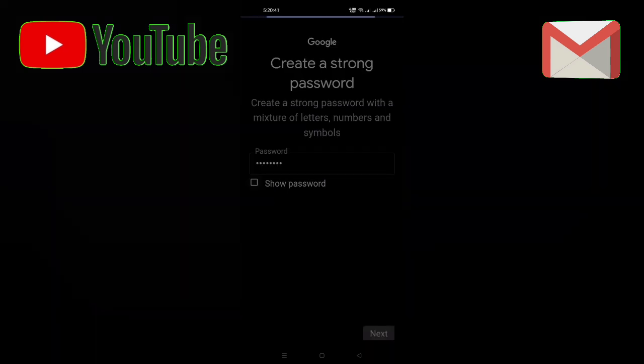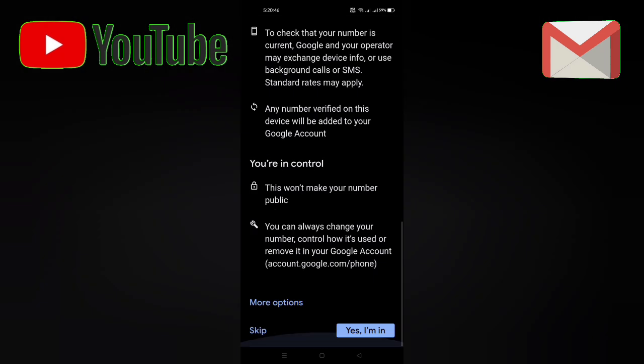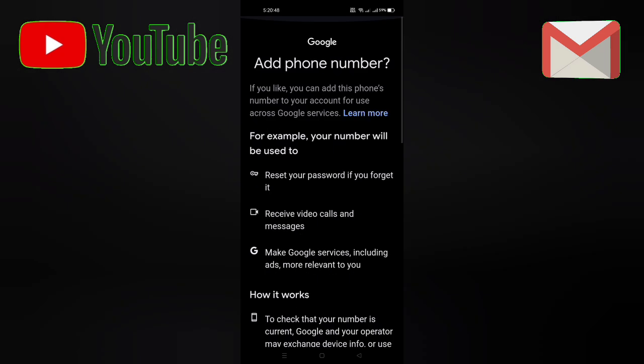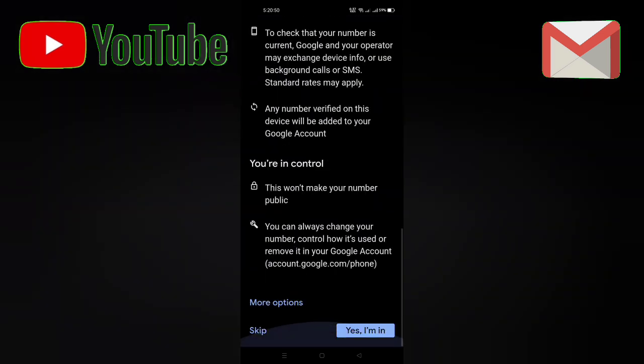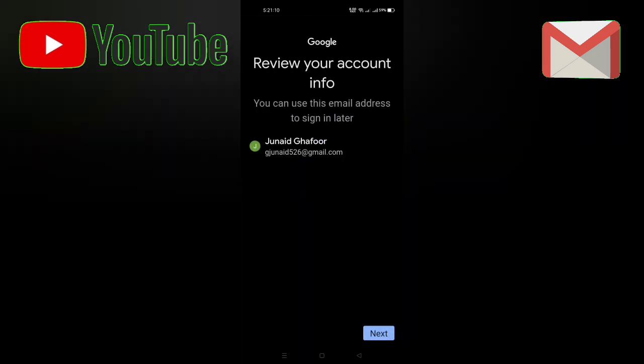This was the third step, join us. And you can see here my add phone number. You can see here my Gmail is almost ready. You can click on the yes I am in, but then you need to attach a recovery phone number. So I don't suggest you click on yes I am in. You can click on the skip button on the left side. So click on the skip button, and you can see here your complete Gmail account is